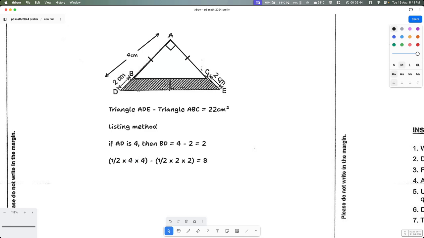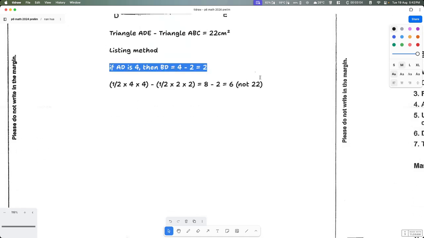And then after that, 2 times 2 is 4, divided by 2 is 4. You know, 2 times 4 divided by 2 is 2. That means it's 6. So for this, it's not 22. So you have to list down, right? So next one is